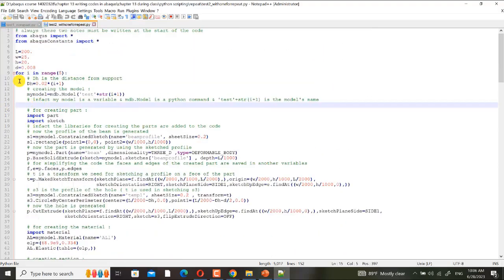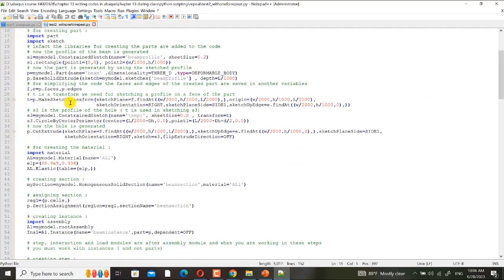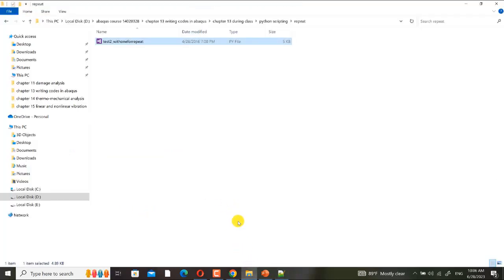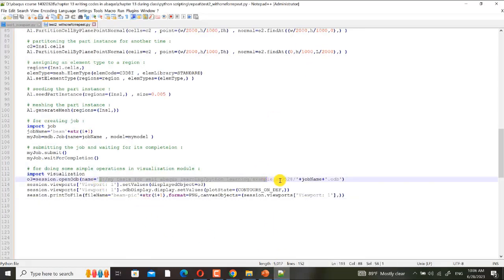They are distinguished using indents. Indents make the distinction between loops. Also I must change this directory. Very good.